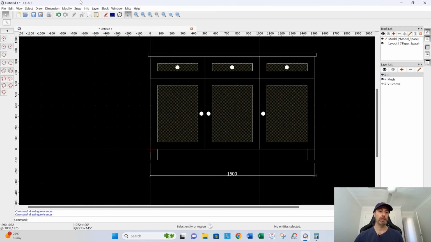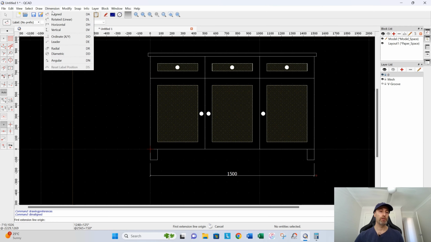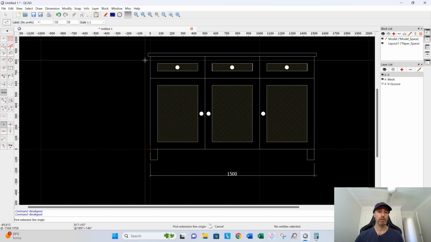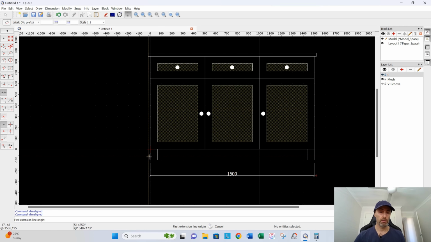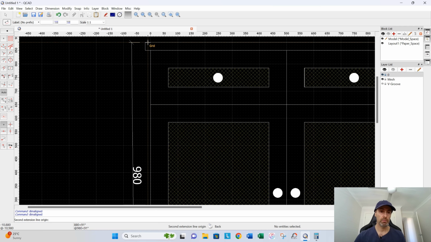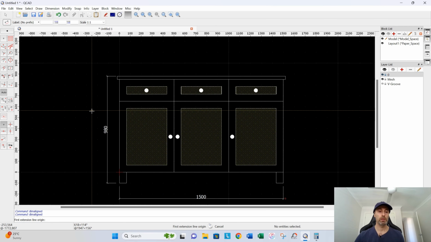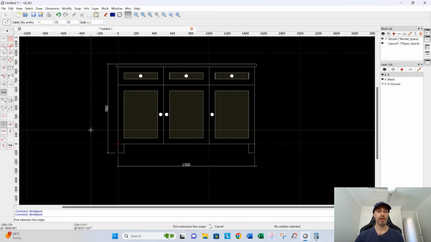I'll do another one down here just to show you. So dimension, aligned. You can also, if you're doing round circles or shapes, you've got different options here as well. But my main go-to is aligned. So snap down the bottom, snap down the end, and so for example, there's our dimensioned